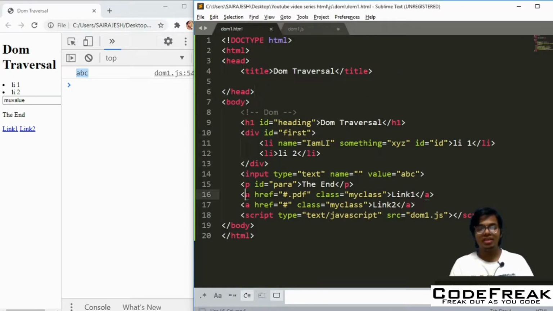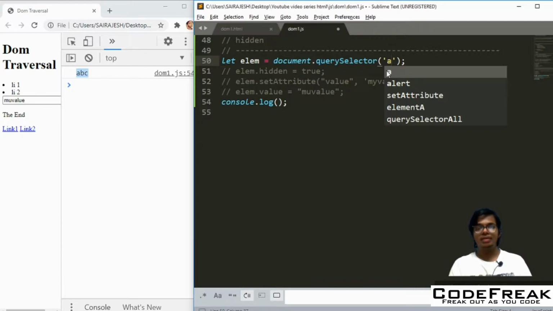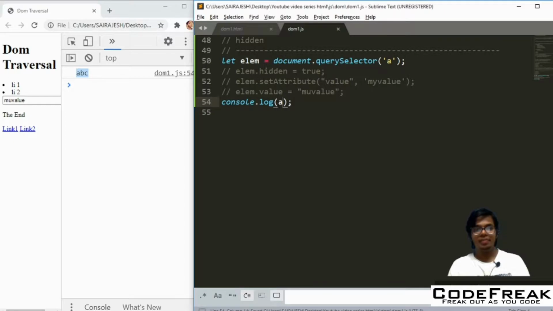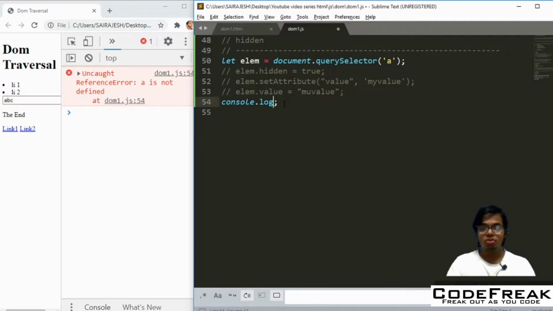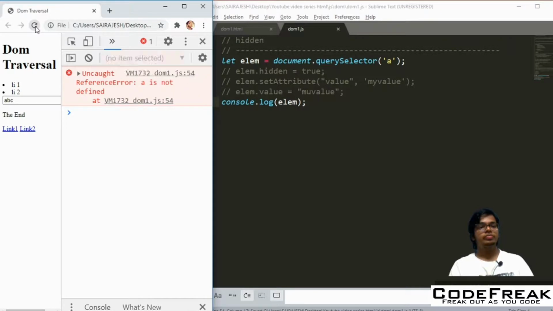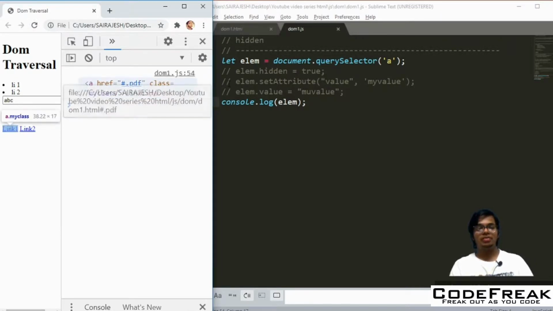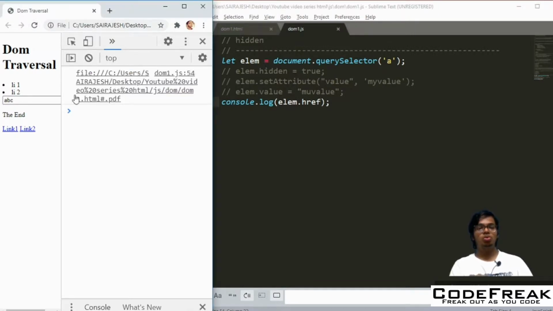So here we have the A tag, right? I'll show you something which is very nice. I'll get the A tag and store it in the element, so get the object here, and then let me just do console.log of lm. You see that you get hash.pdf. Now if I do lm.href, let's see what happens. You get some huge thing here. Basically you get the full location.